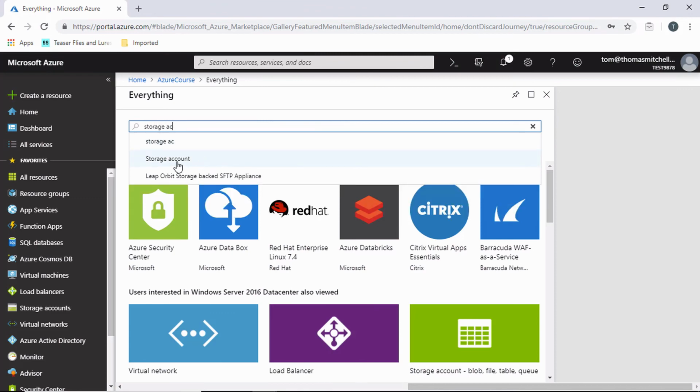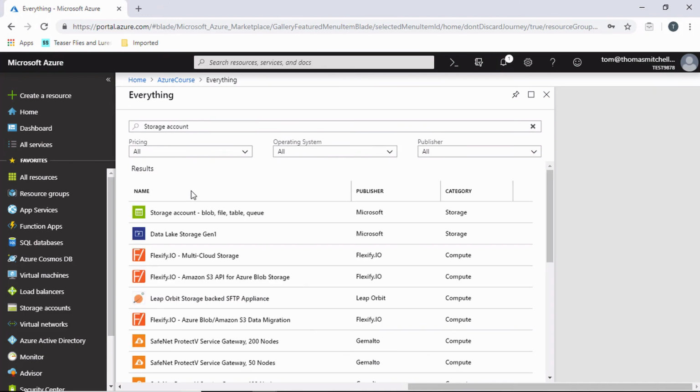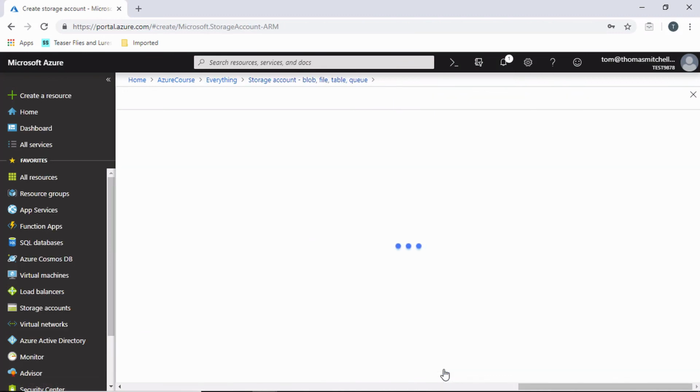After selecting the storage account option in the list of results, we have to deploy an actual storage account. Don't be tempted to select the Data Lake option, because as you can see here, this Data Lake option is for Gen 1. We're deploying a Gen 2 enabled storage account. So we'll go ahead and click to deploy a storage account. After selecting the storage account option, we can simply go ahead and click Create to begin the deployment of the